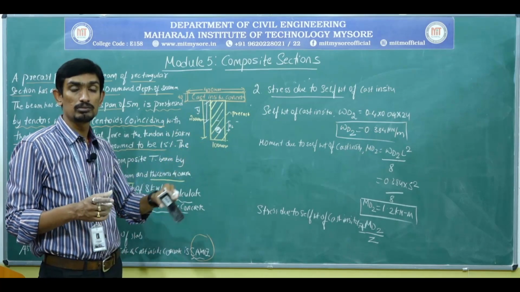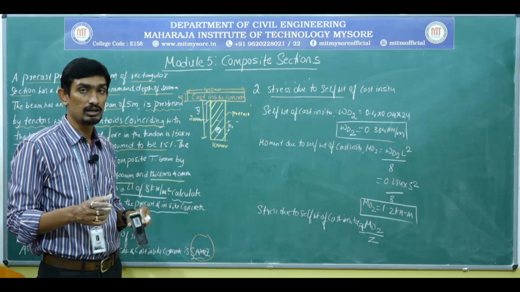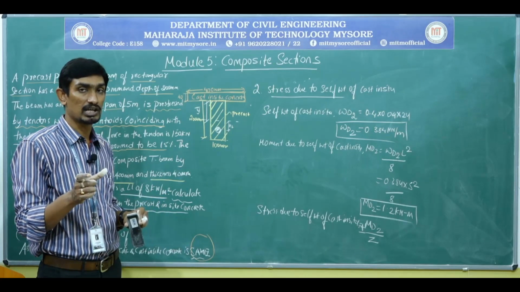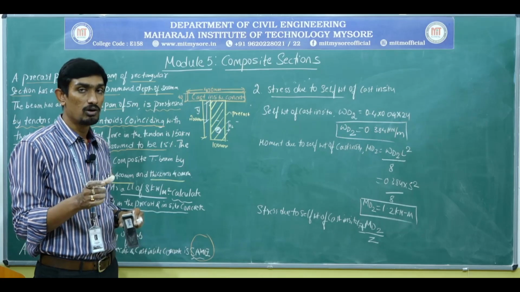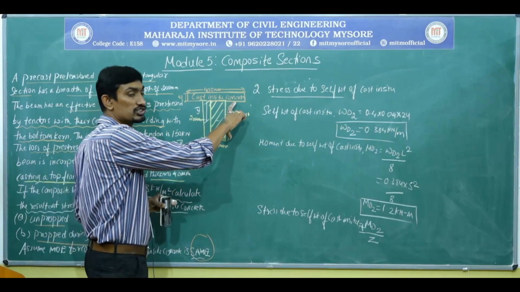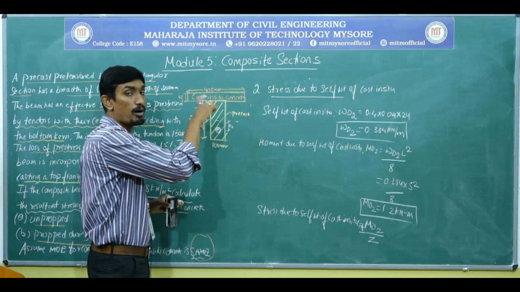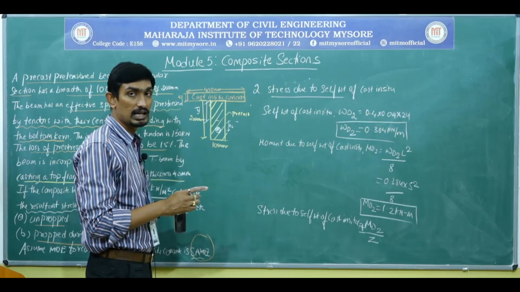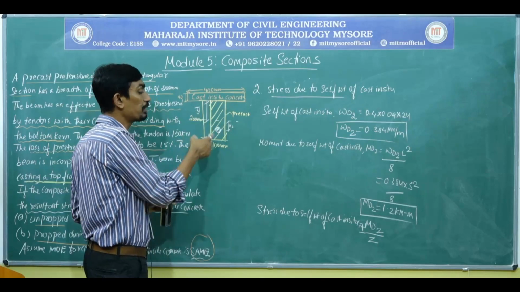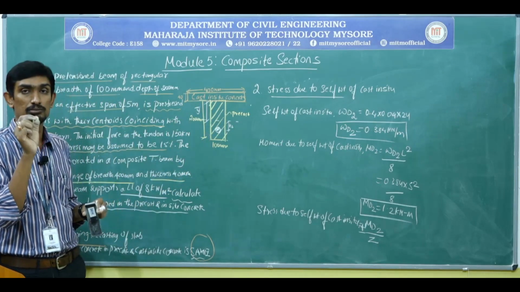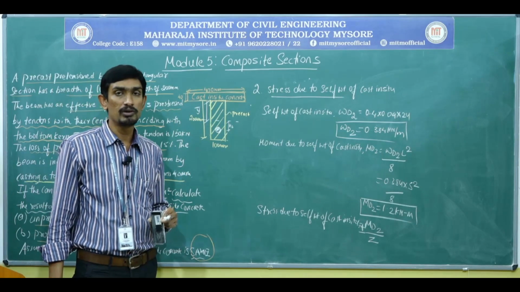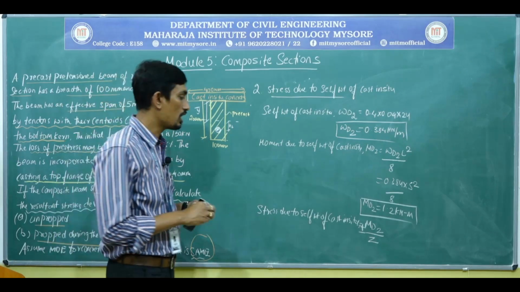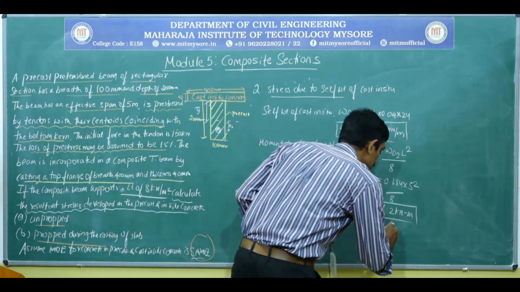So hence the Z, I need to consider this. I think you remember the stress diagram. The stress due to self-weight of cast in situ, which has been drawn, has been stopped at this particular stage because it is an unpropped case. So for that unpropped case, we need to consider the sectional modulus of precast. Please note this down. We need to be very careful while substituting. So now let me go ahead.